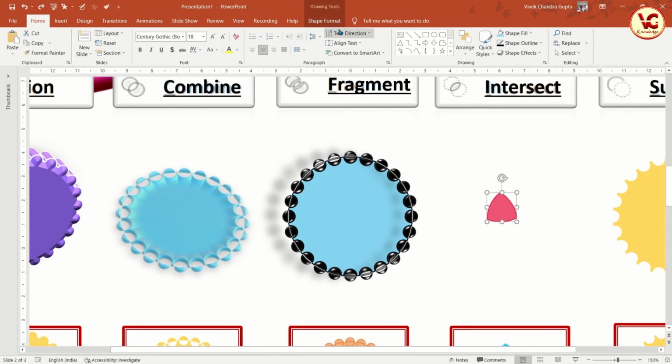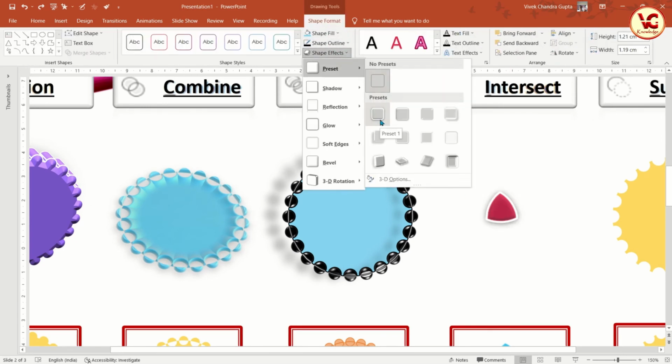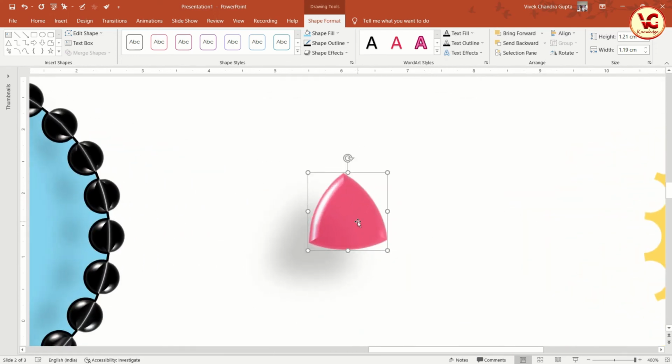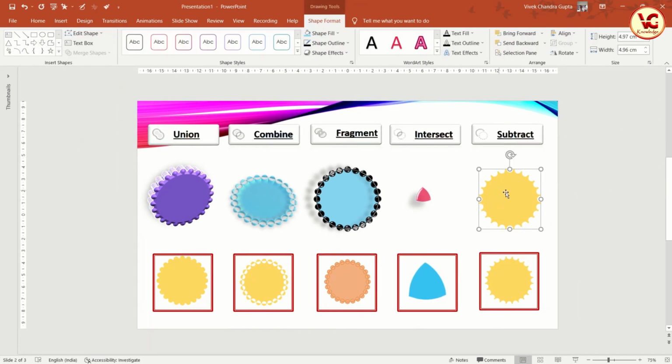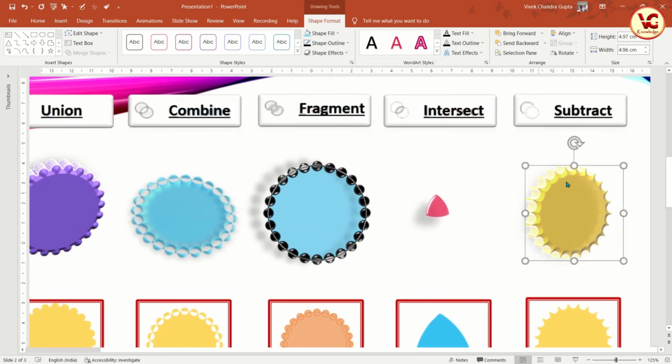If we select this, go to shape format, see the preset, so we can see the nice object here. Same thing we can do with this preset, and we can see the effect.